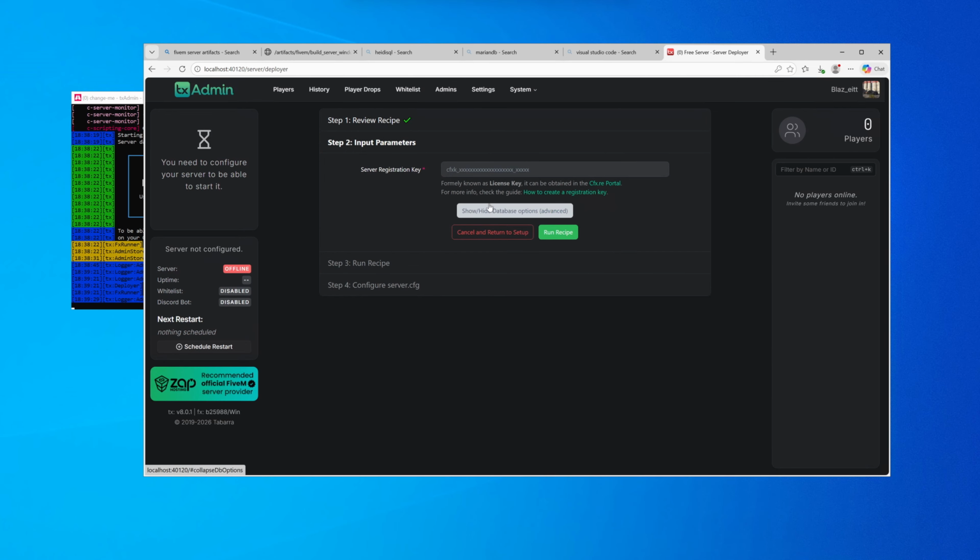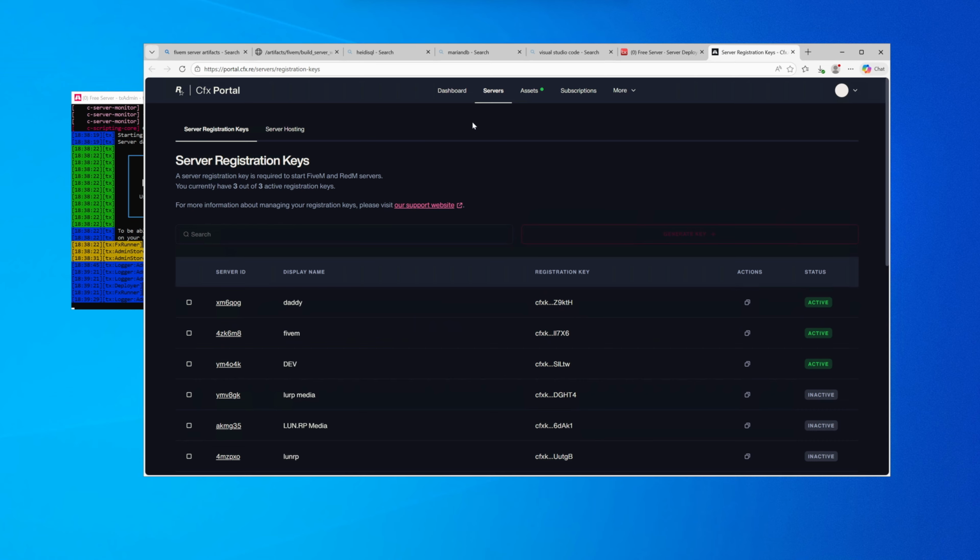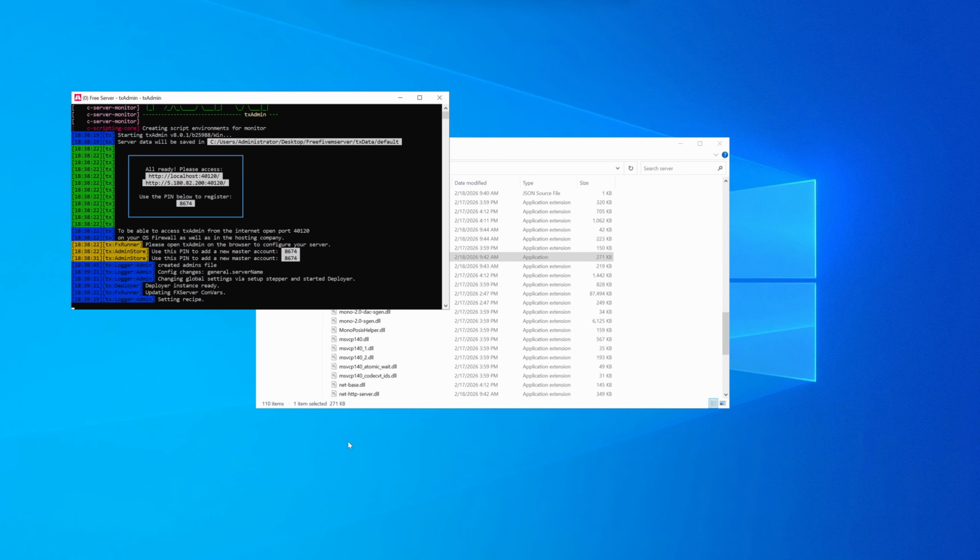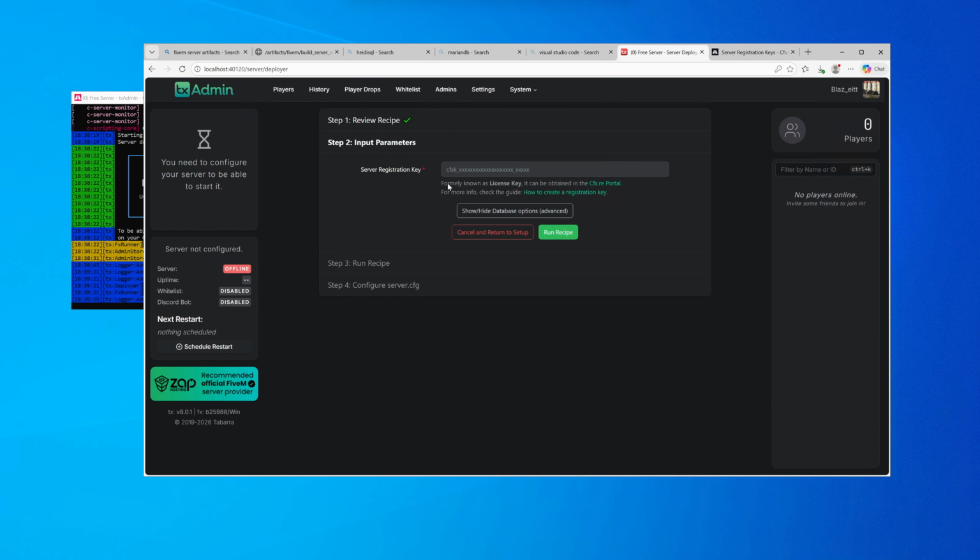Next, you're going to want your server registration key. So we're just going to go to the CFX portal. Make sure you're logged in. You're going to go to your servers, and then we've got the activation keys here. I'm just going to copy one of these random activation keys. You can make one for your FiveM server if you want to use that one specifically. So then we're going to put in this